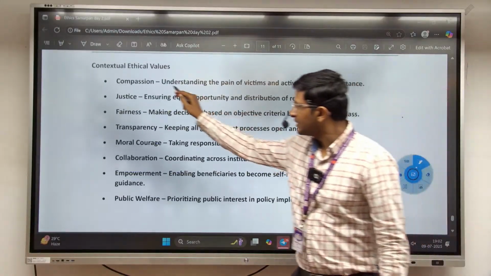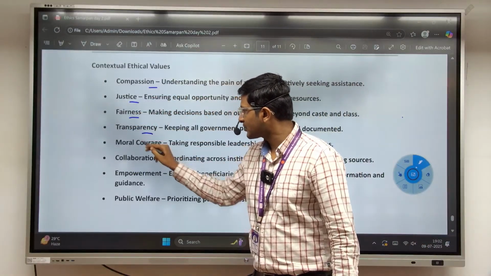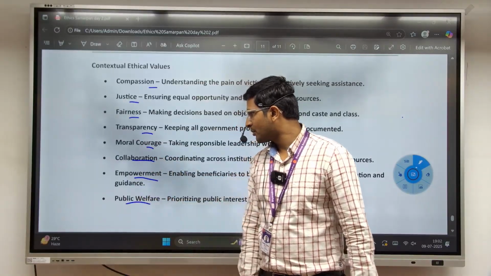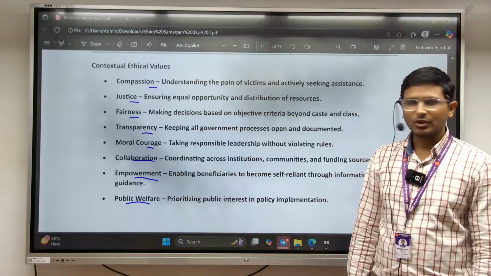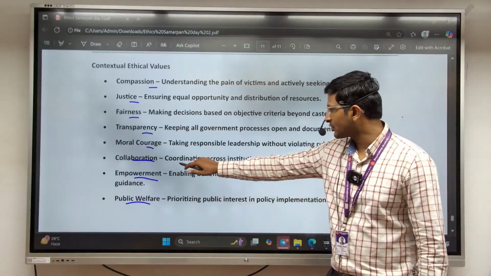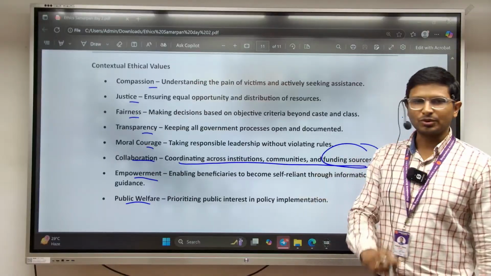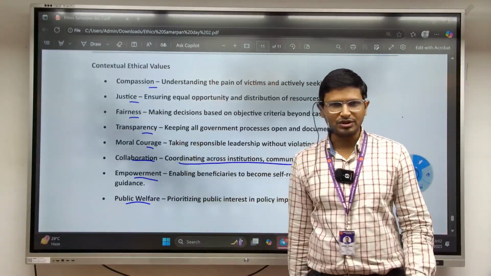Okay, and ethical values, which are different ethical values here: compassion, of course, justice, fairness, transparency, moral courage, collaboration, empowerment and the public welfare। Okay, because collaboration here, one more, because you are coordinating with different institutions, communities and the funding resources, that is why collaboration has been used here।